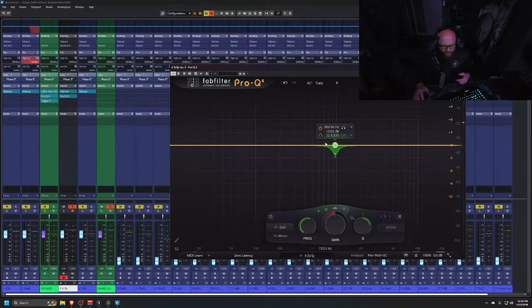It sounds like the snare head is rebounding, and there's like a flub, like a not high pitch, but like